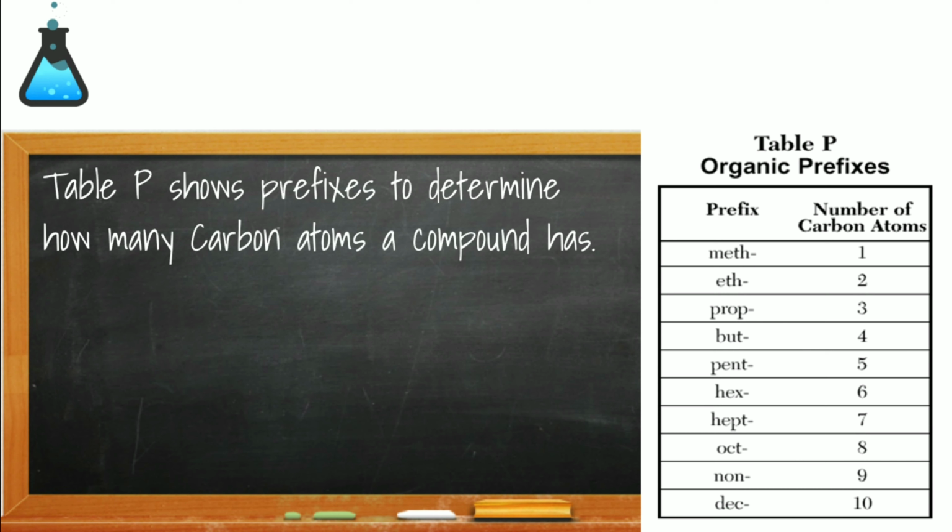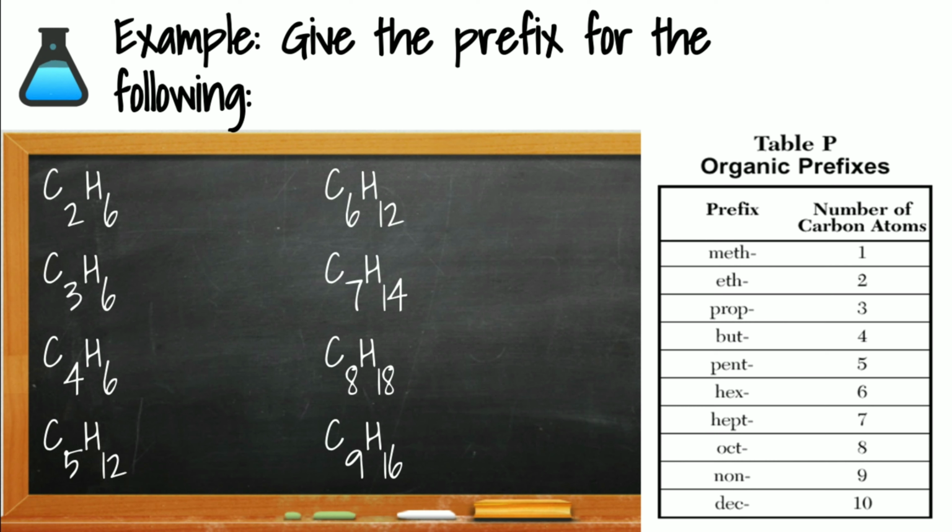Now, reference table P will help us name structures in the homologous series because they give us the prefix that we're going to use to indicate the number of carbon atoms. So here you can see in all of these structures, in the first compound, C2H6, 2 carbons means its prefix will be eth. Or in the next structure,